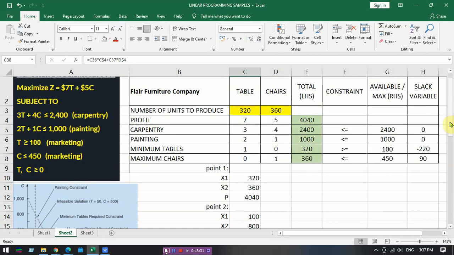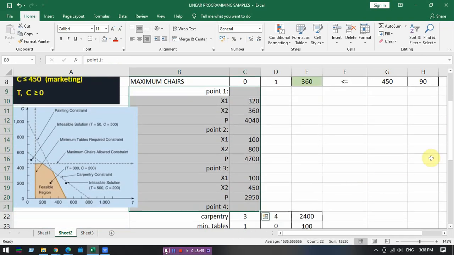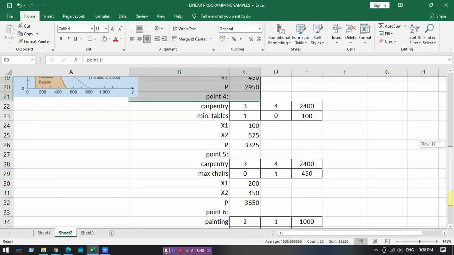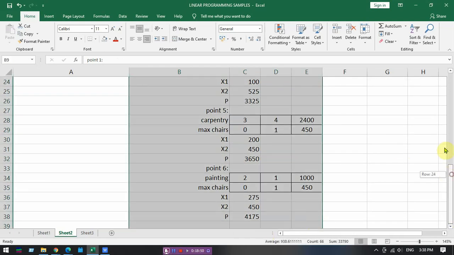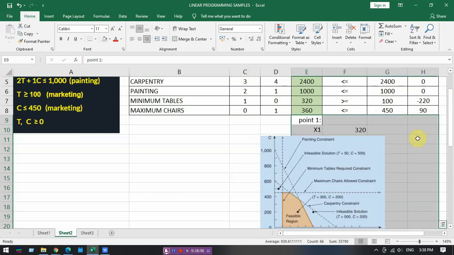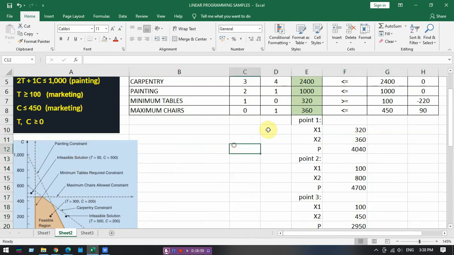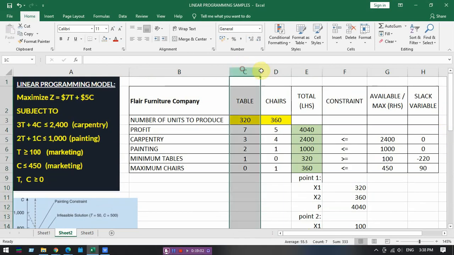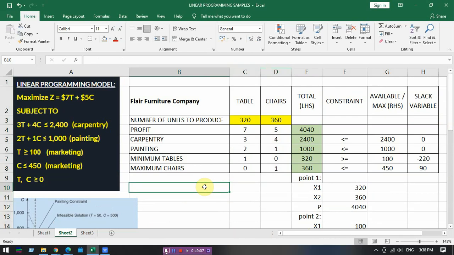In order to plot all this into a graph, let's assign the values for x1 and x2. For now, let me just move it somewhere here so that we can make use of our columns for tables and chairs. So for our constraint for carpentry,